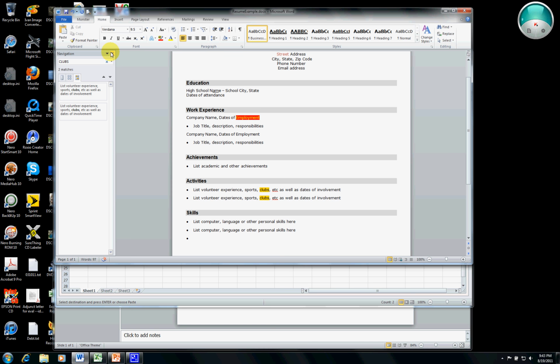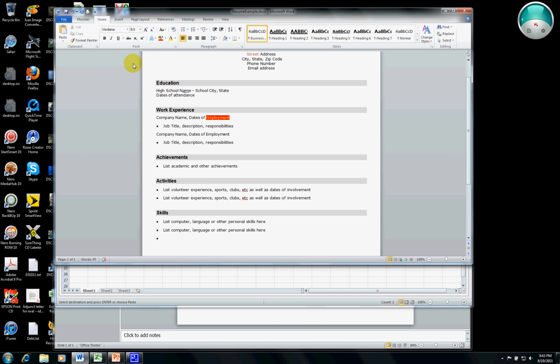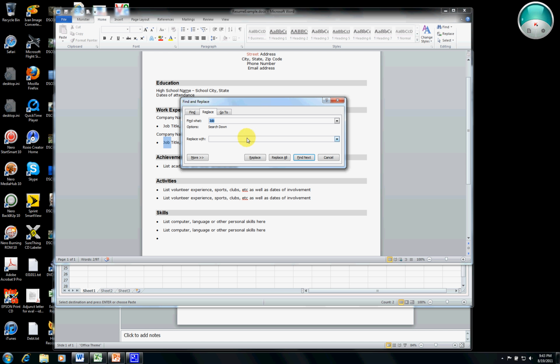Now let's close this. Let's say I want to change the word jobs to employment. For instance, this word job and this word job, it could be a very large document and I don't want to go and change each word, so I can click on replace or Control H, and then I replace the word job. You notice I had the word highlighted. Automatically it thinks that's where I want to replace, and I will say employment